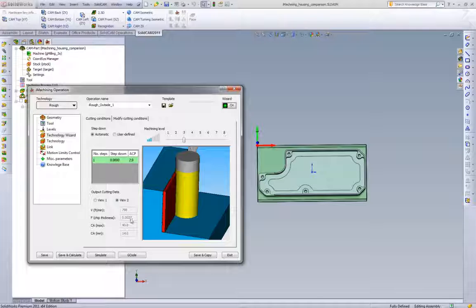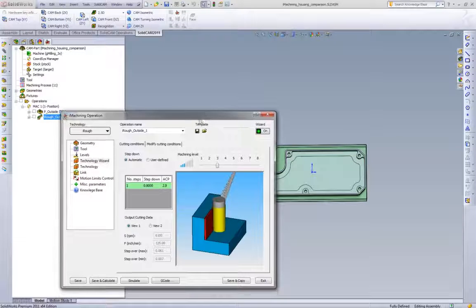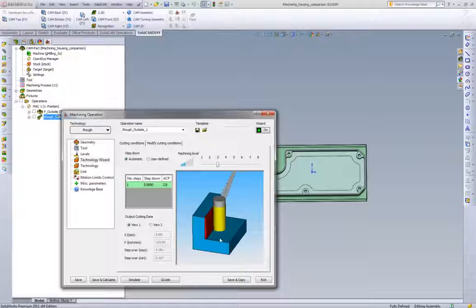So what this means is at the 61,000 step over, the 125 inches is going to meet that 2 7/10 chip load. Now iMachining is going to run up to 6100 RPM. This is going to be no problem with iMachining at all. The biggest reason, as we know with standard offset style strategies,